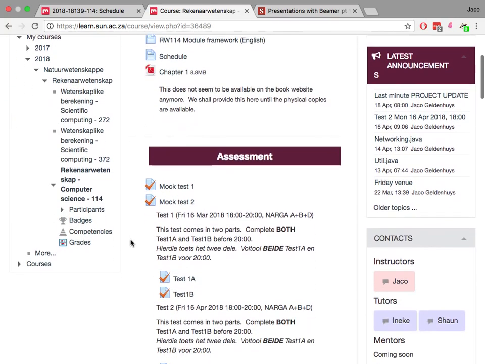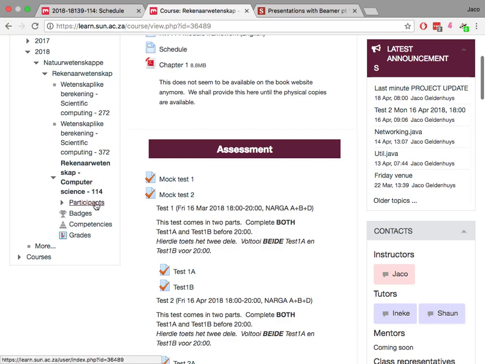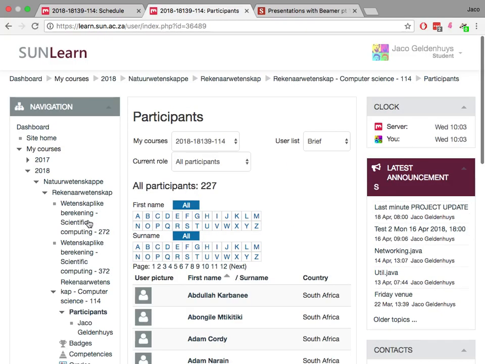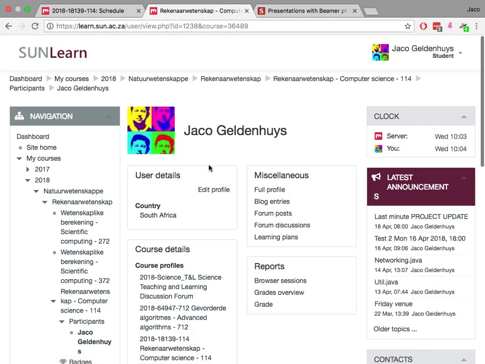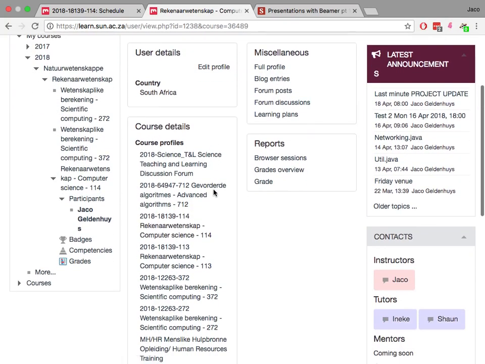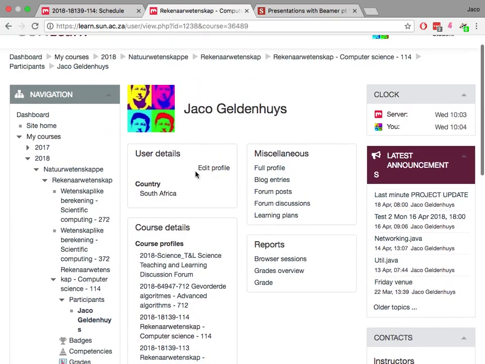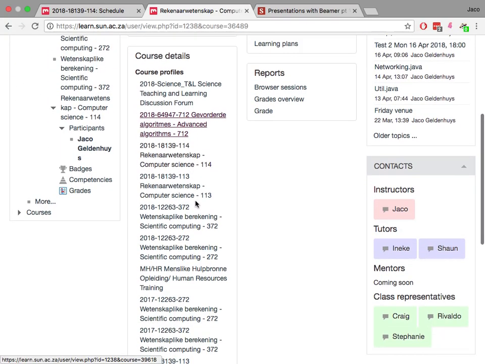Having said that, let's stop complaining and just look at participants. Jaco Geldenhuis. That's the only one I can see as a student. So I am going to guess that when you click on participants, if it's even visible, you'll also be able to see my name here. And if you click on it, you get my little picture, and you'll have a button to send a message to me. I don't, because I can't send a message to myself.